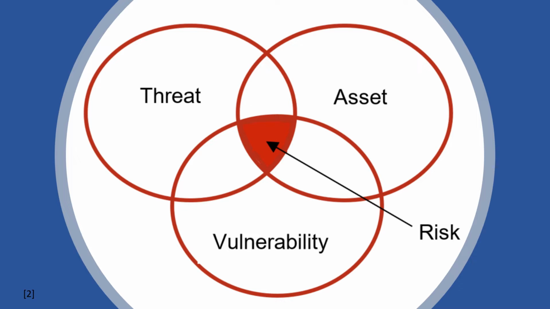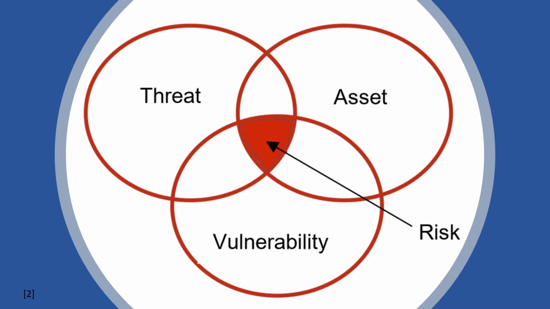The second is vulnerability, which is any kind of weakness in this valuable asset of the organization. And then there's threat, which is any possible danger. So the risk is typically the vulnerability exposed to the threat in order to harm the asset. So we always note that the risk cannot be eliminated but can only be managed or minimized.